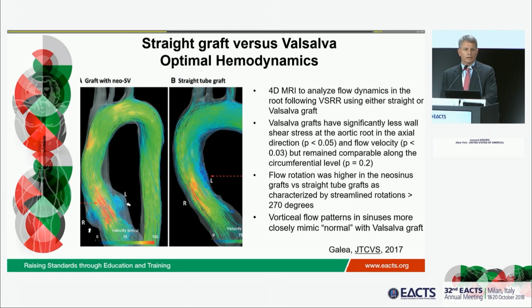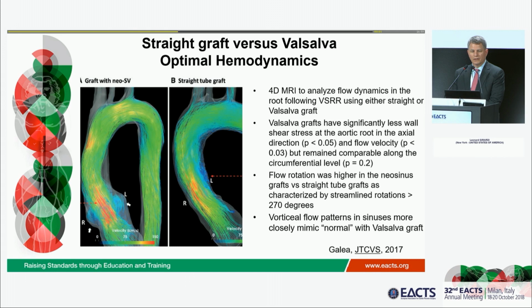We studied, in a small pilot of patients, 4D flow MRI, analyzing the flow dynamics in the root following valve-sparing surgery using either a straight or Valsalva graft. Five patients were done with a Valsalva, 5 with a straight graft. The Valsalva grafts had significantly less wall shear stress and flow velocity in the aortic root, but their circumferential wall stresses were similar. Flow rotation was also higher in the neosinus grafts, but most interesting are these vortices